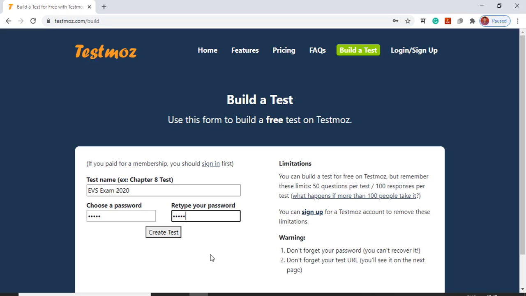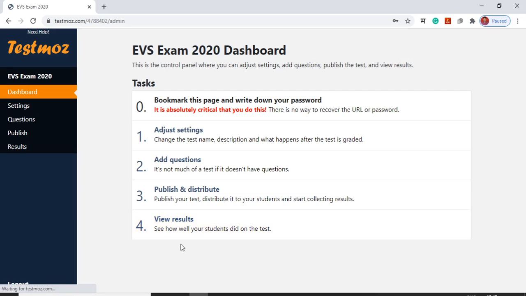So we have given the name and selected a password for the test. Then click on create test. Once we click on create test, the home page of our test will open. Here we can see the various options, and here we can see: bookmark this page and write down your password.